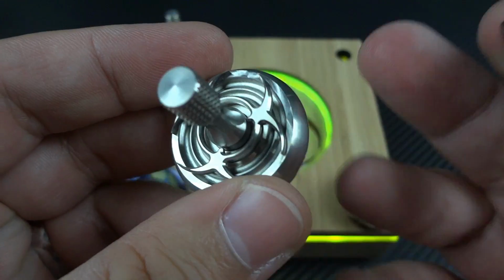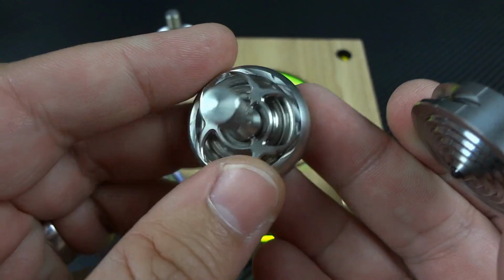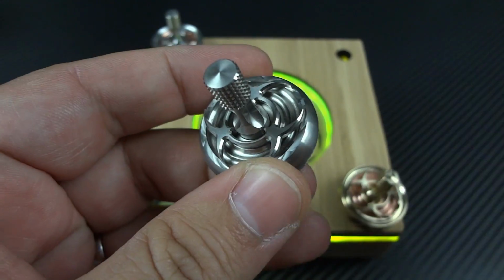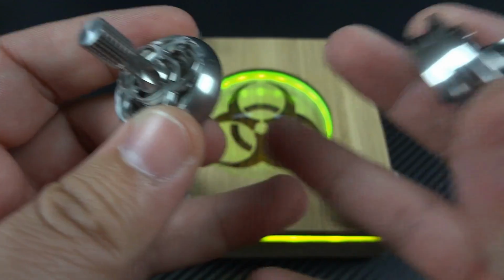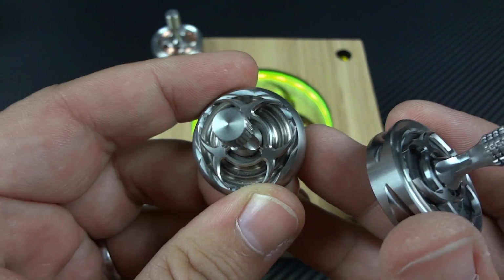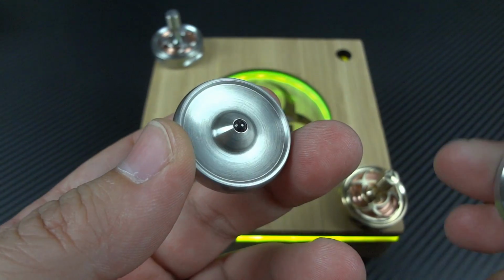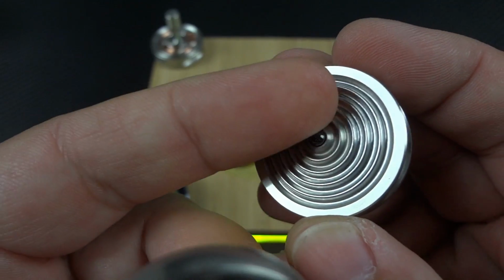And when we fleshed this out, we started to talk more and more about the different aspects of the design, and he wanted to have some texture on the inner disc, and I wanted it to kind of look like when you drop a pebble into a body of water, that ripple effect that comes out. I thought that would be really cool, and he liked the idea as well. And when he made this one, he left the bottom side all flat,